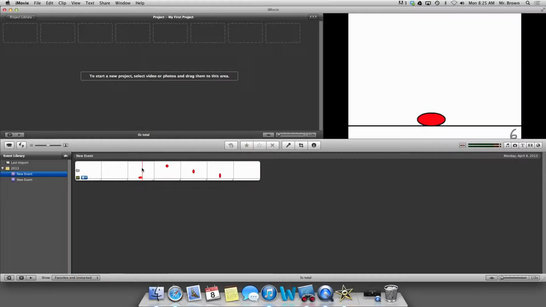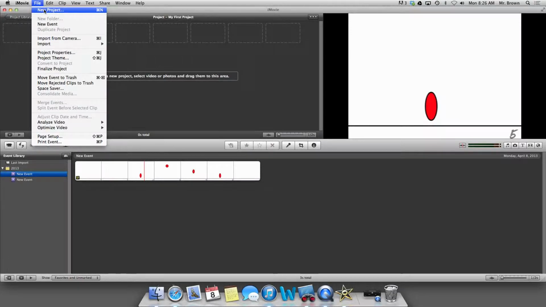It's going to give you a source clip file and a timeline. We've just imported this into our source clip file. So I missed this step, but it doesn't matter because you can do this in any order. But right now, before I start creating my movie, I need to create a project file. So I go to File, New Project,